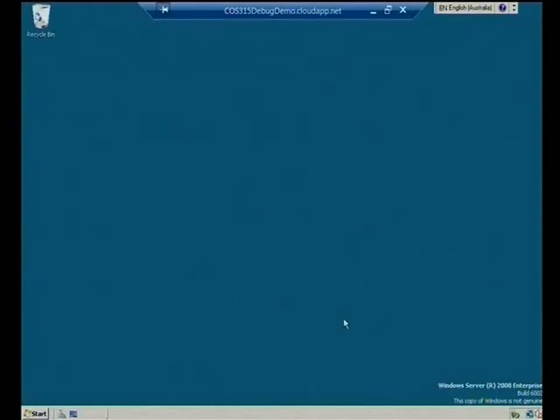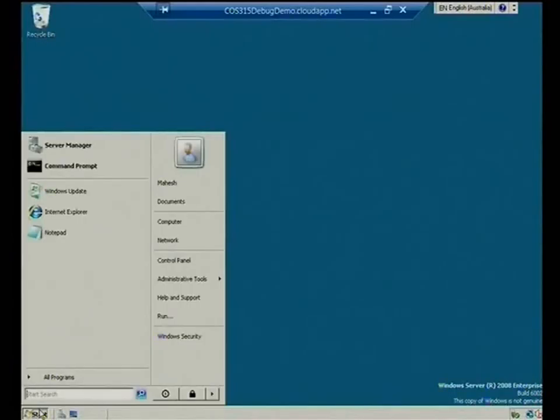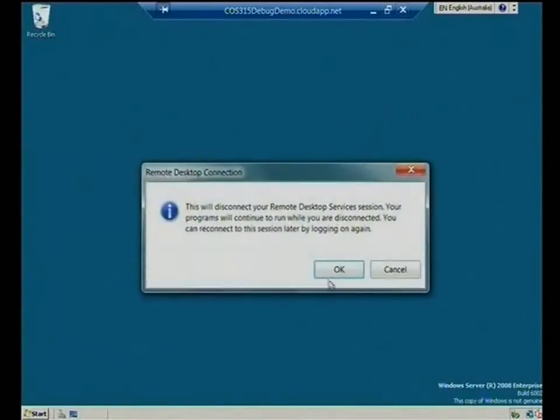It's a funny thing that I want to point out. The copy of Windows is not genuine. But effectively, this is basically the Azure instance. And if I went into Event Viewer and things like that, it'll all fire up, and you should be able to look at all those details.